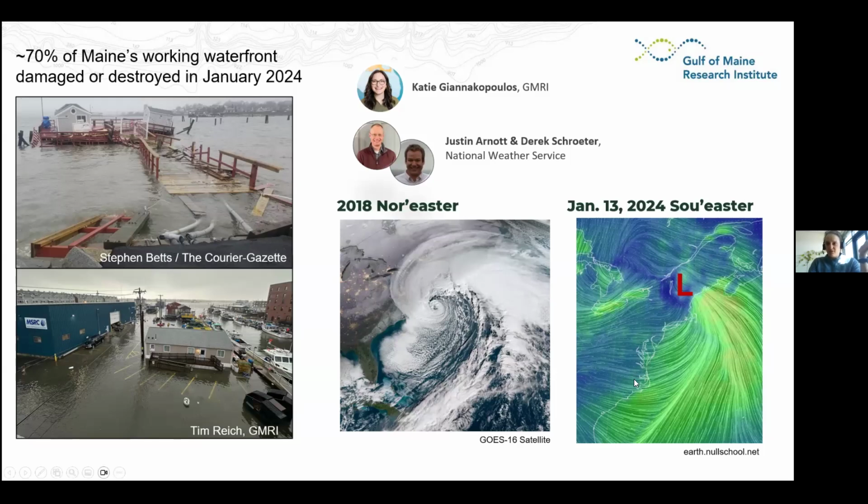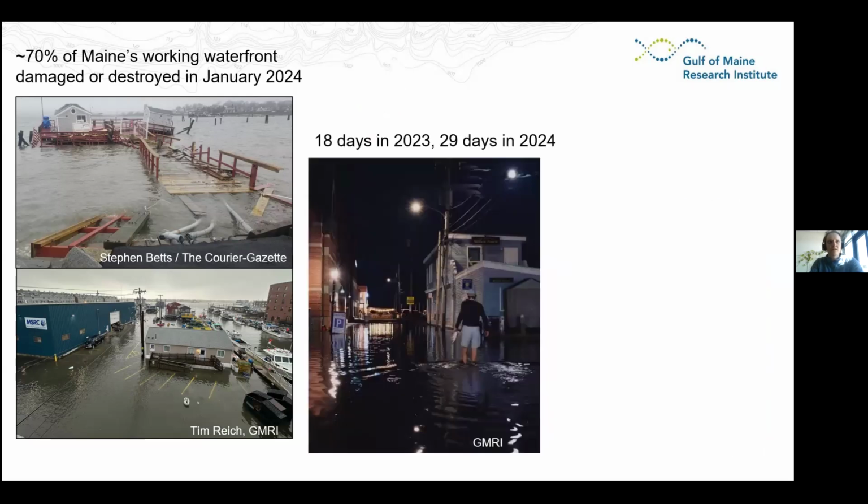Sometimes extratropical cyclones will follow tracks that are farther inland, and this low that sits over land drives winds out of the southeast. On some parts of Maine's coast, the next landmass you hit, if you draw a line out over the ocean, is Brazil. We have an incredible amount of exposure in that direction, and these sou'easter storms can whip up giant waves that have absolutely devastating effects on the coast. So we're trying to understand the basic climatology of these events, what kind of coastal impacts are connected to them, and if there's any relationship with large-scale atmospheric circulation patterns. That's a bit of an aside, but an important thing to note about these events.